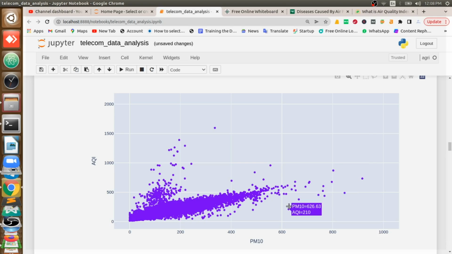The greater the PM10, the higher the air quality index, and that will pollute the air. With more PM10, the situation is worse.